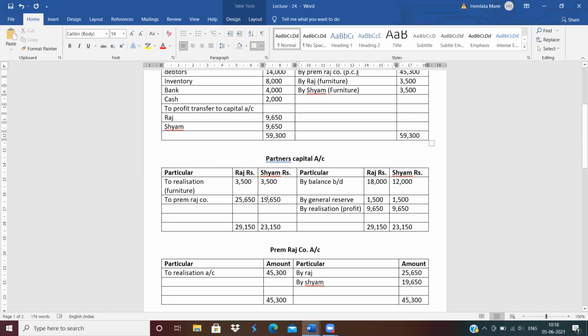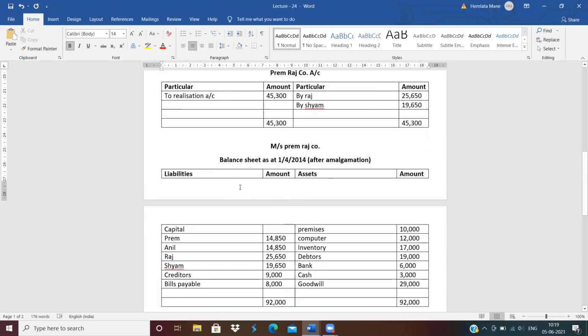Now close the partners' capital account. After closing the capital account, transfer the balance to the new firm. So here we transfer the balance to the new firm, and our new firm account tallies. And next,